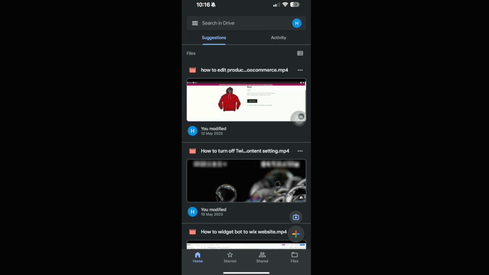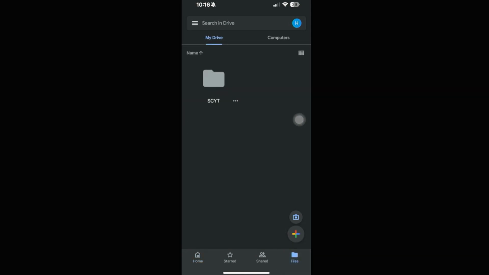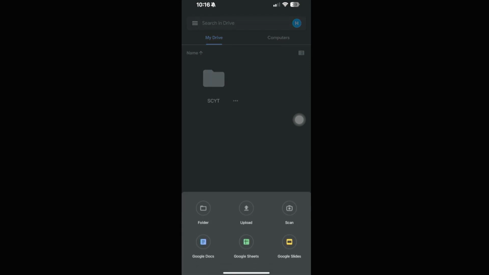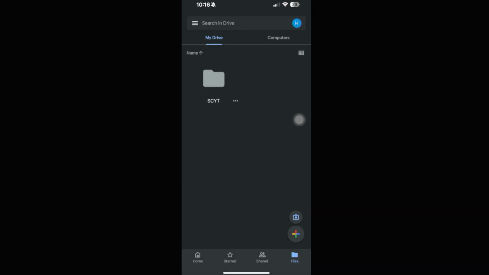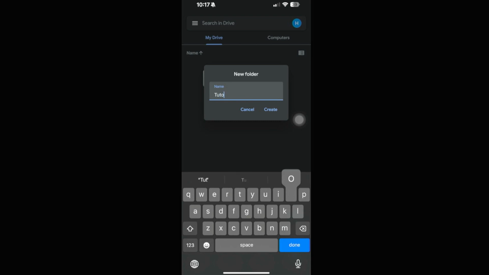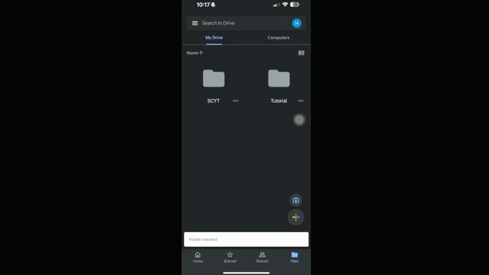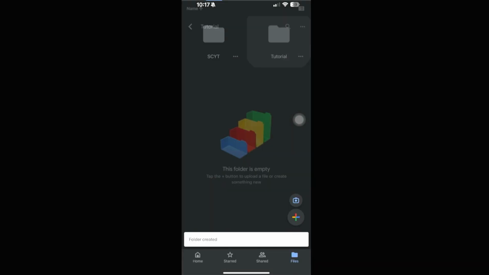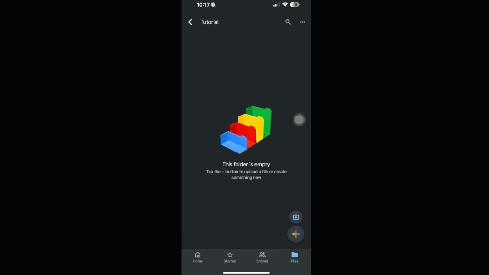But first thing, I'm just gonna create a new folder right here by clicking on Files on the bottom right. And then I'm just gonna be clicking on the plus right here. Now we can go ahead and add a folder, and then let's just do something like tutorial. Here you are. So I'm going to go into this actual folder itself, and let's just go ahead and upload